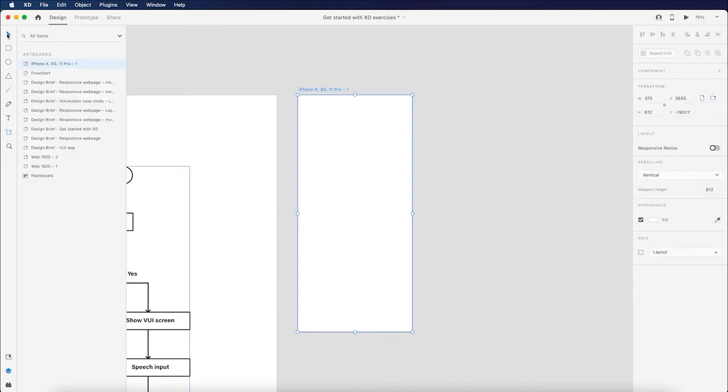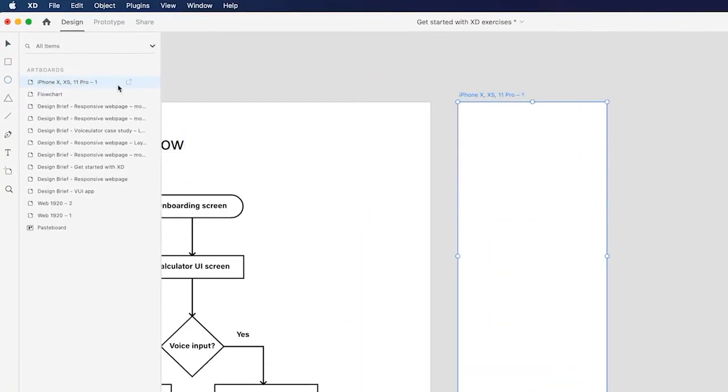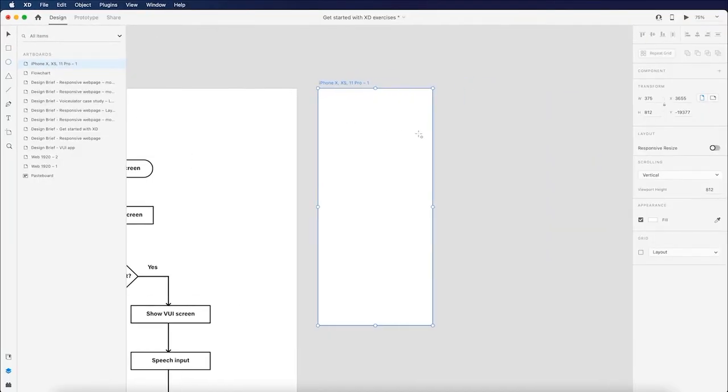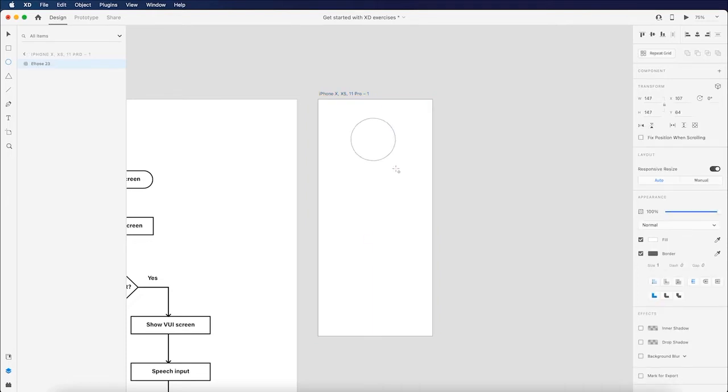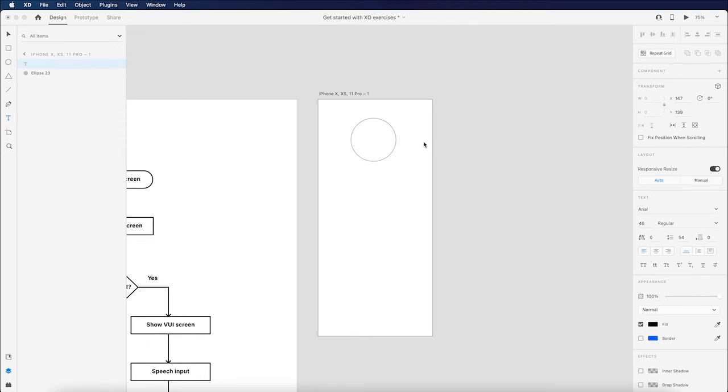If I go to ellipse tool, I think I'll start by adding my branding. So I have the ellipse tool selected. I'll add my logo, give it the name logo by selecting the type tool and then typing logo. And then I can either select off the artboard or press escape to stop typing. And I can now position my